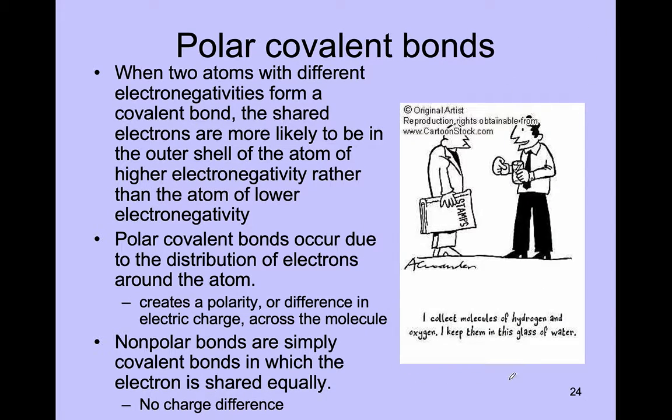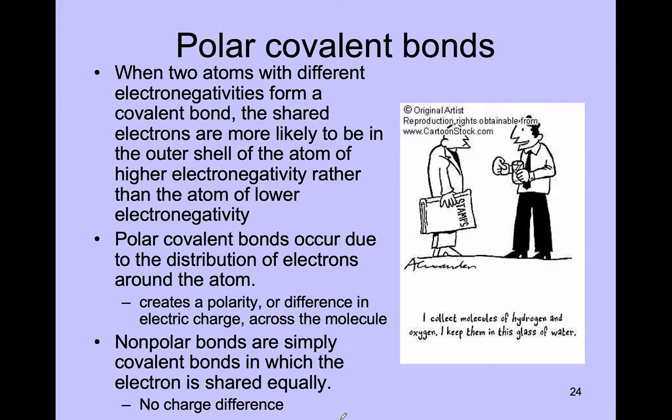A bond is considered a polar covalent bond when we have that unequal sharing. When we have two atoms of different electronegativities, they're going to share an electron, but because one of them has a stronger pull than the other, the electron is going to spend more time with that atom. This creates a polarity, or a charge difference, across the molecule in its entirety, so that one side of the molecule,